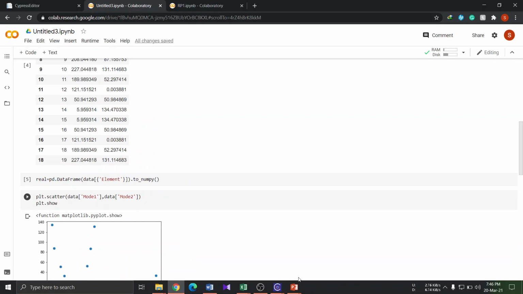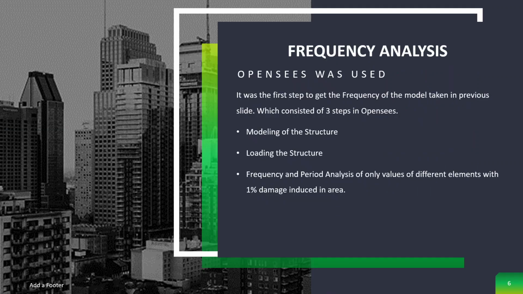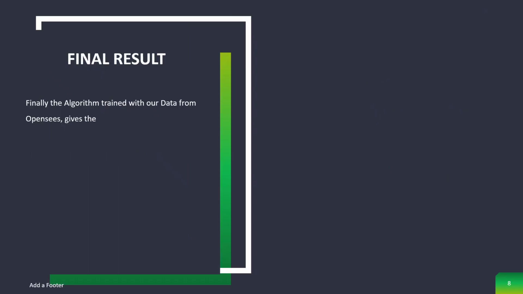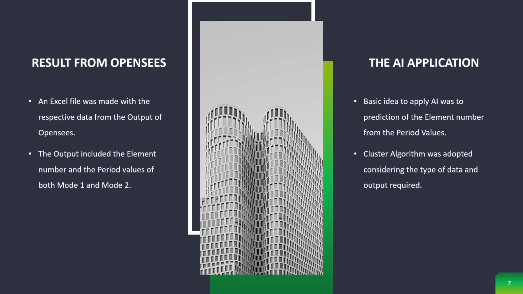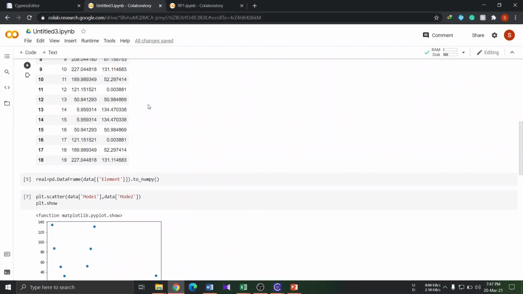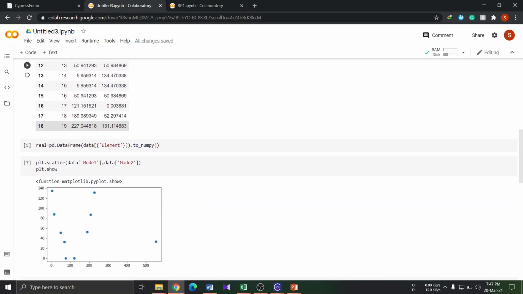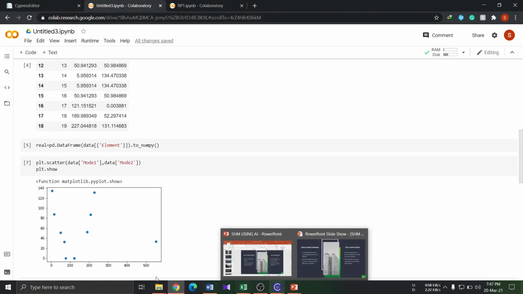So as we saw here, now let's go to this. Here OpenSees is what I have used. Now I want to say some of the future scopes involved in it. If we see, the final algorithm that was trained with our data is somewhat giving ambiguous data, whose accuracy can be increased by increasing the number of element numbers. Suppose, as we see here,